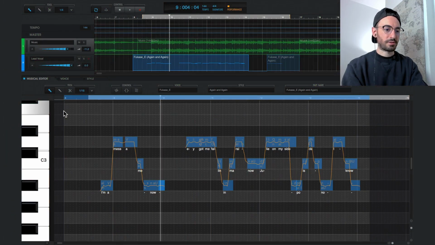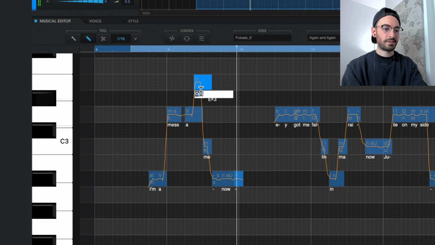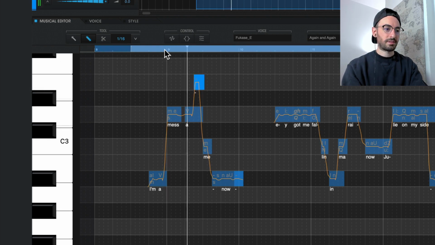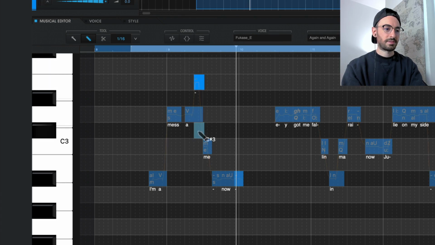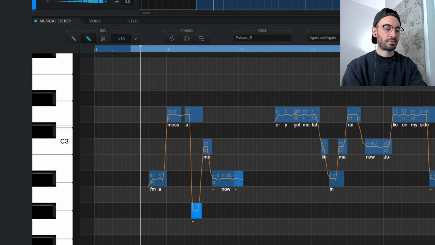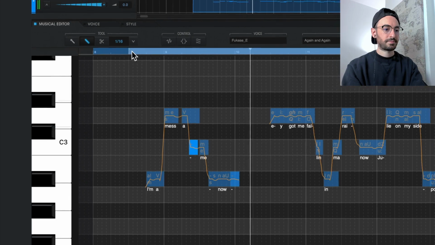And you can see I do these all over the place. And in case you're wondering how I do it, I simply draw on a note, I write in a dash, and then I can put that wherever I want, and it's going to create a little pitch bend. I go up. A mess now. I could go down. I'm a mess now. I could go super far down. I'm a mess now. Or I could bring it back to where we were. I'm a mess now.